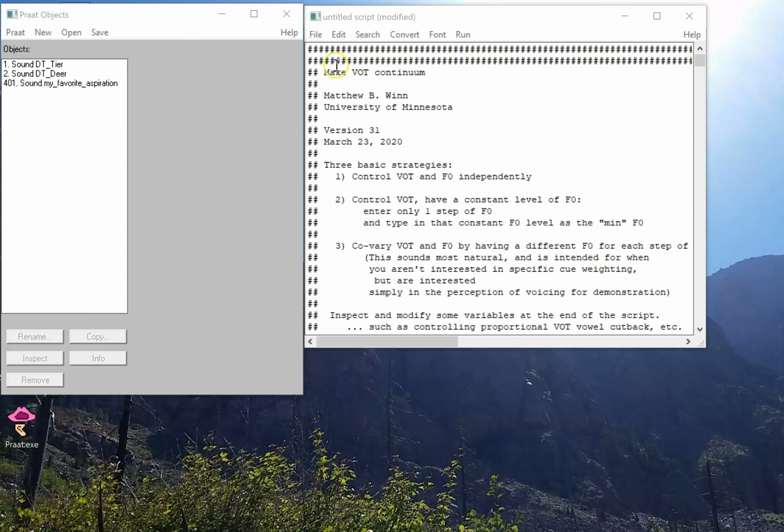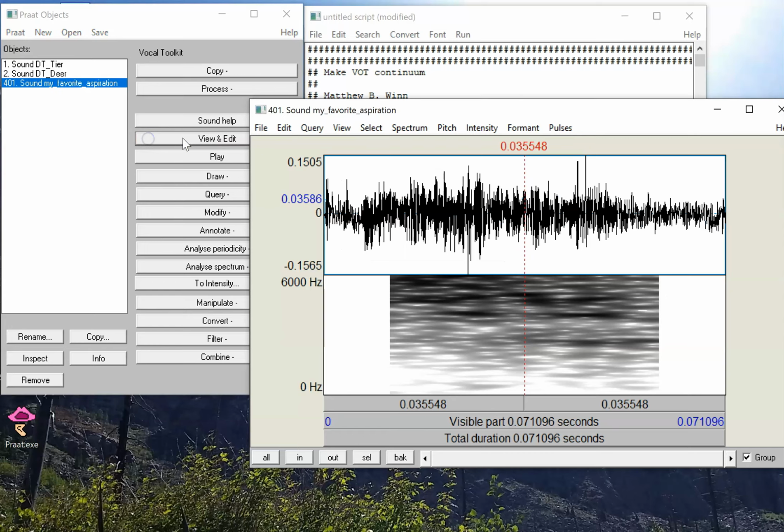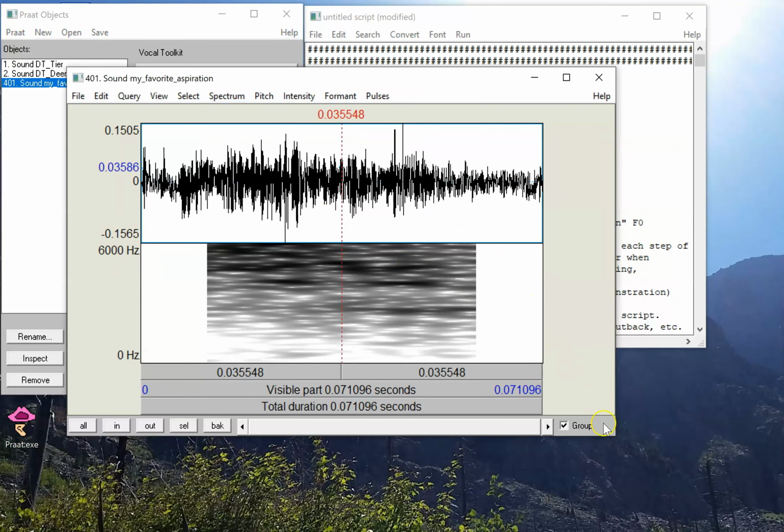So here we are in Praat. We have our VOT continuum script called up. We have our demonstration sounds in the window, tear and deer, and I also have this other sound that I've already put in there, which I've called my favorite aspiration. So this consists of an aspiration that I'd like to use for this continuum, and maybe I have it called up already because I've filtered it, I've edited it, I've set it to the exact right intensity that I want,